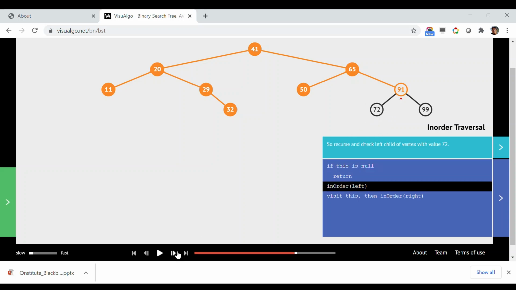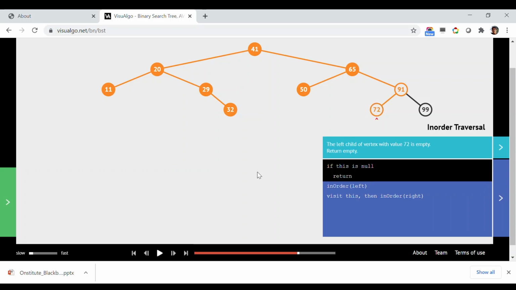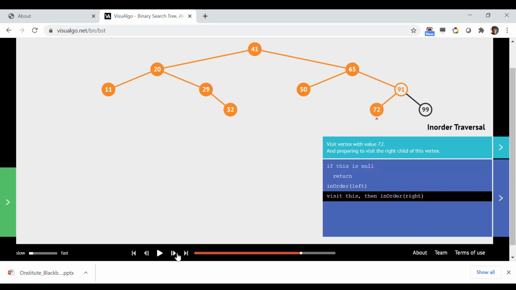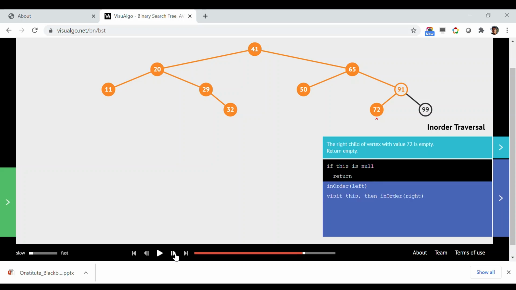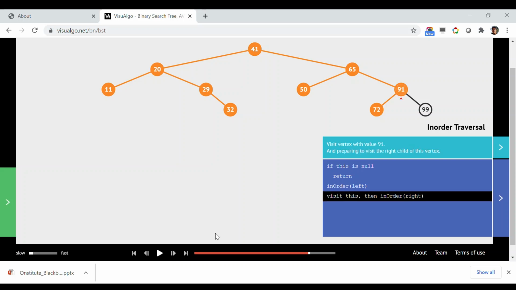Well, it has. So go to 72, take the program control there, and 72 does not have anything in the left, so visit 72 here, and then look for if there is anything in the right side of 72. Well, there is nothing. So just take the program control back to 91, and since everything is explored in the left hand side of 91, you just visited 91 and marked it with the solid orange circle, and then look at the right hand side of 91 where I found there is